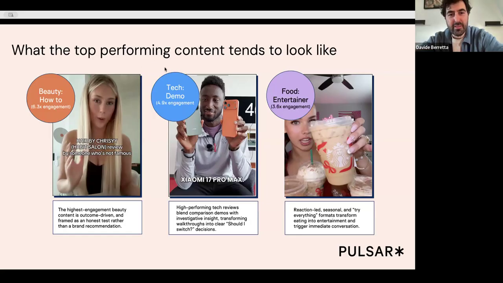And the food one, I think I saw this one in the data set. She's testing every single thing in her local Starbucks menu, right? So it's a little bit more extreme on the food side because that's what people want to see. It's a little bit more fun in that sense. And that's also back to the point where we see opinionated review is over-indexing, right? People really want to see someone's view and thought, genuinely.